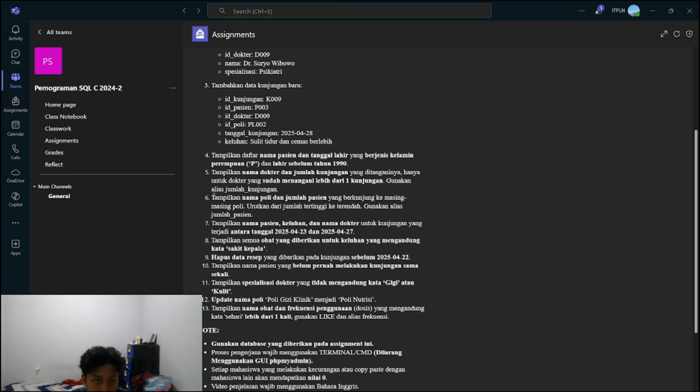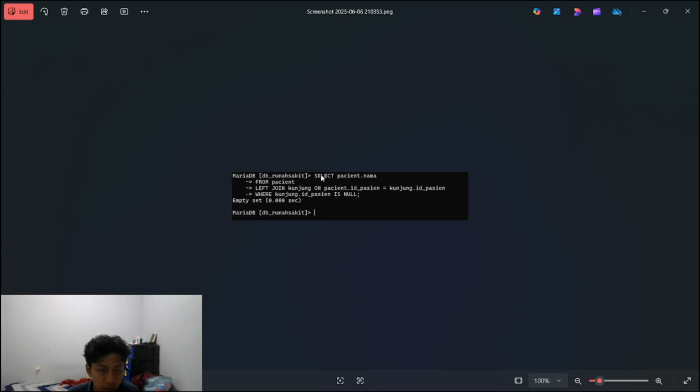Number 6: display the names of patients who never made a visit. In this part, it selects the name column from the patient table to display the patient names. Then from patient, this part retrieves data from the patient table. Then the left join here is used to combine the patient table with the visit table.